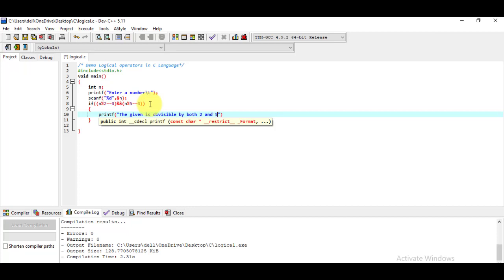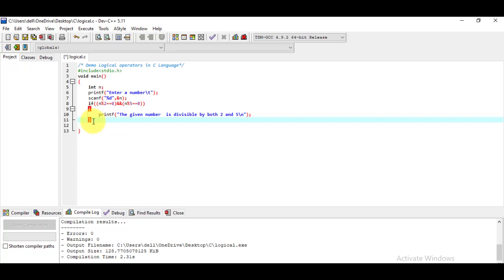Okay, here we have to put the given number is divisible by both 2 and 5, and here put \n to feed in the new line and put the semicolon.